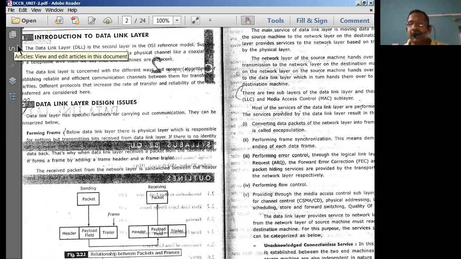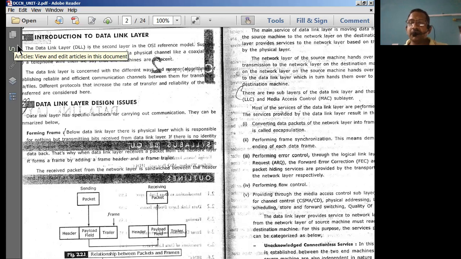Therefore, the data coming out of these layers is represented by different names. These names are very important for us, because if you are representing data by segments, it is understood that this is the data coming out of a transport layer.